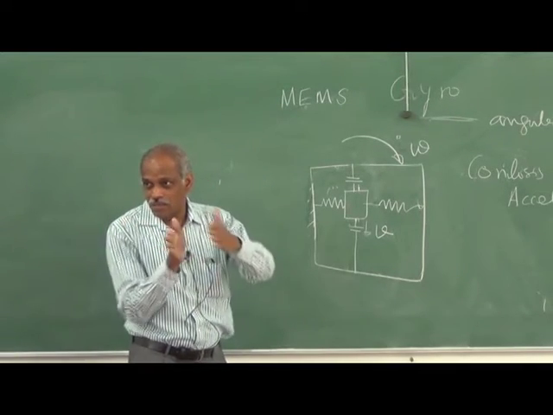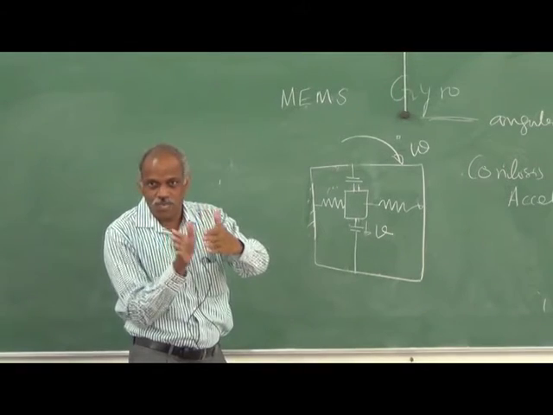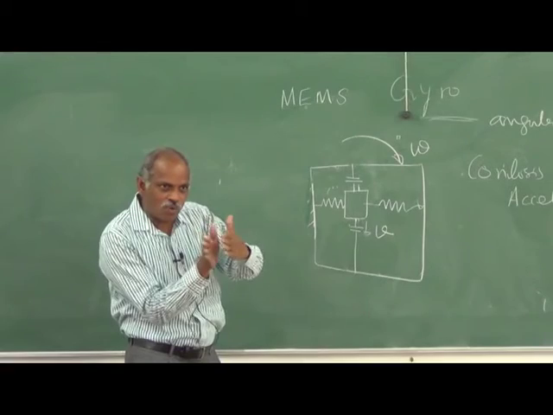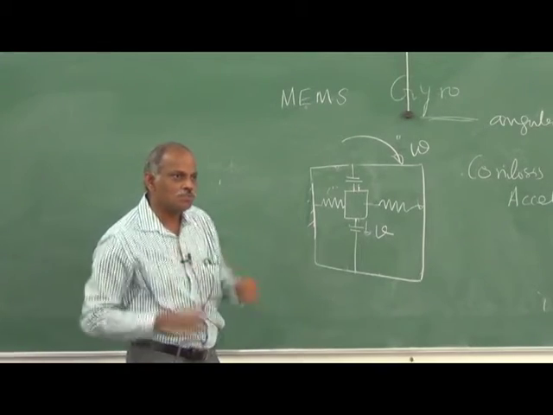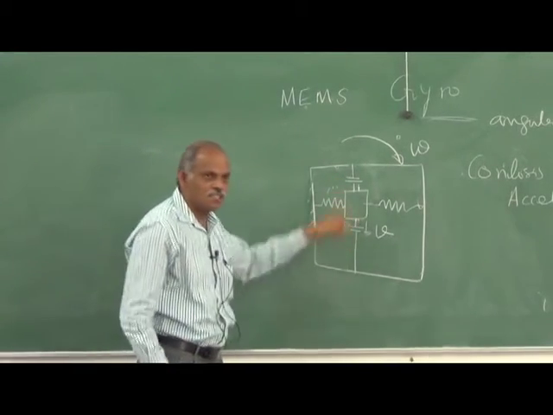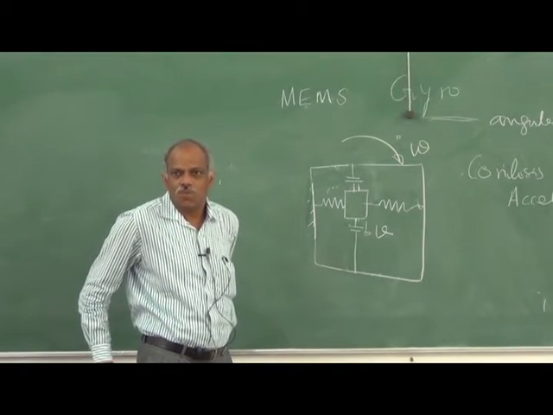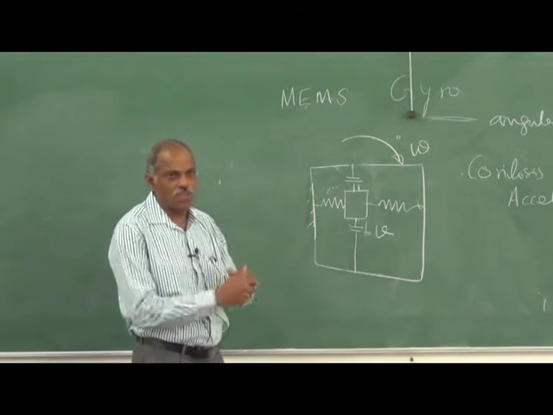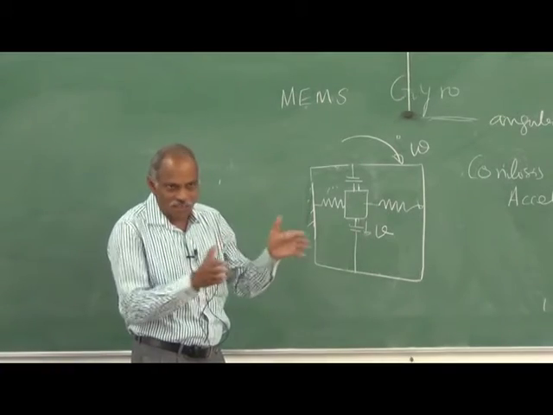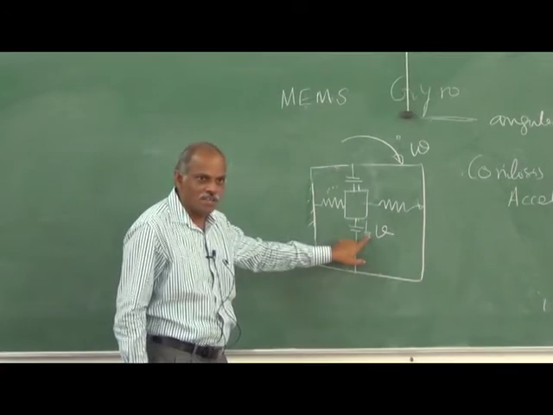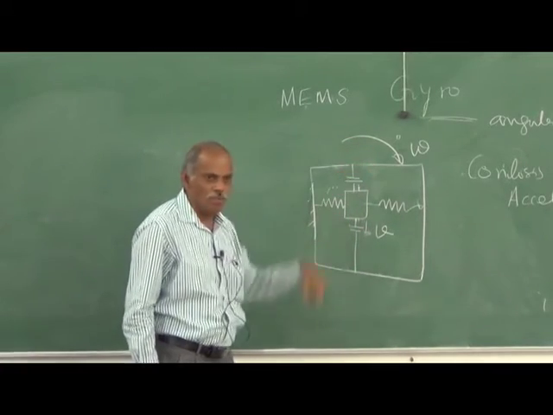There is no moving part. There are only two stationary parts. By applying the voltage between them, they produce an electrostatic force between them, and it moves. So I can move this, say, at a velocity v. Of course, I will not be able to move this continuously, but I will be moving it in a cyclic fashion. So at the given instant, this is having a velocity v, and it is subjected to omega.